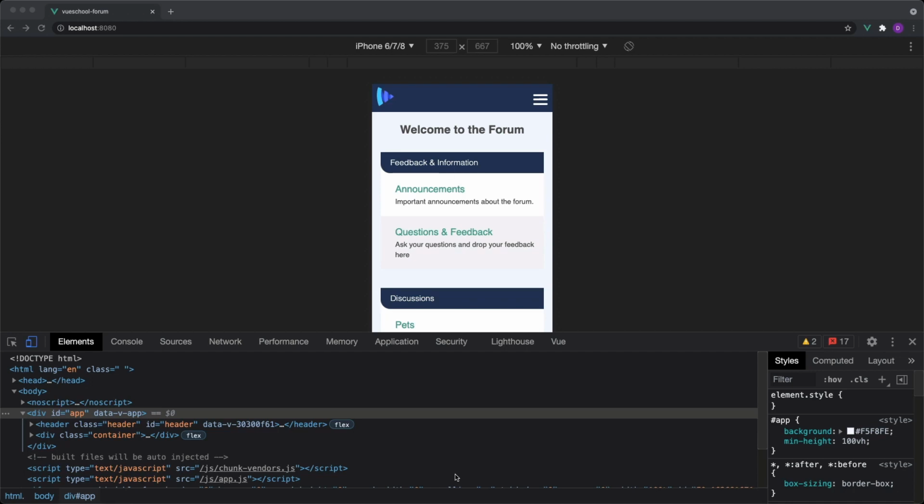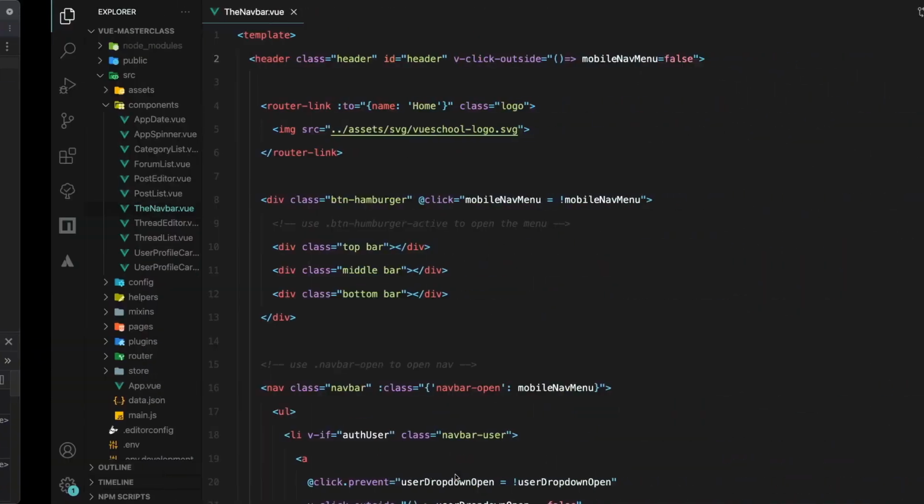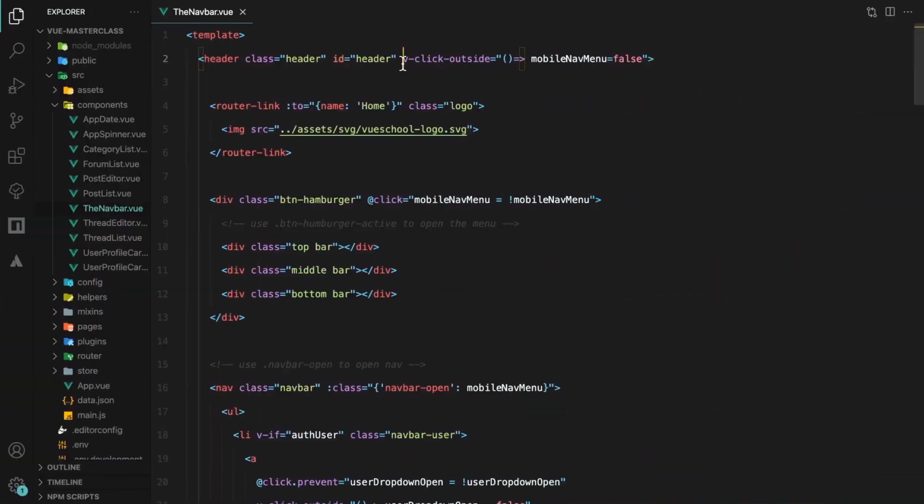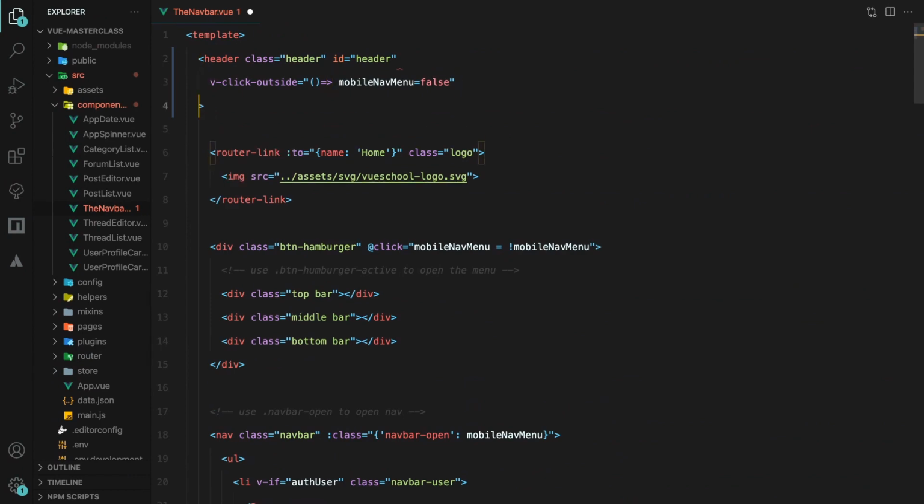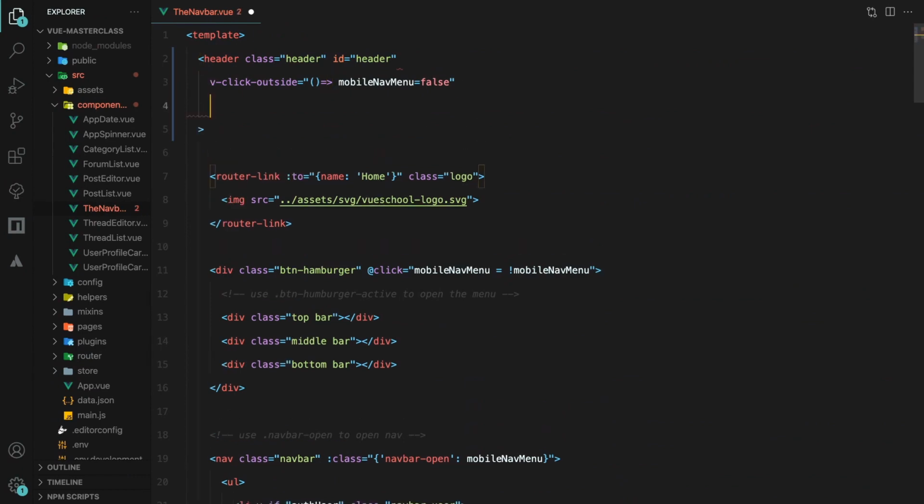Another situation where we might want to close the mobile nav bar is when users scroll the page. Let's create another custom directive to handle that. We'll call this one Page Scroll.